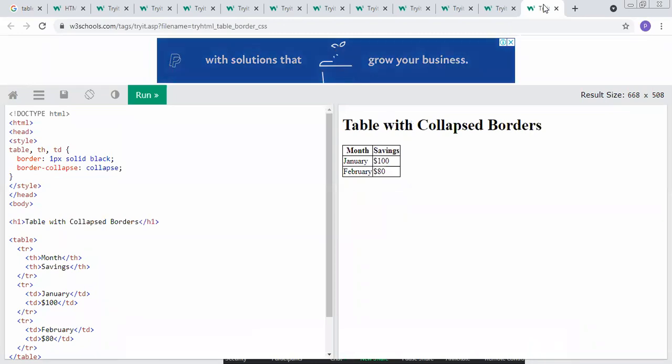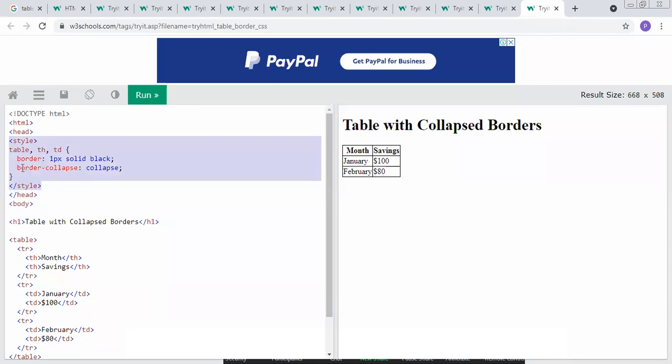Next is another example: the table tag with a collapsed border, meaning we create a single border for that table. First we prepare the style.